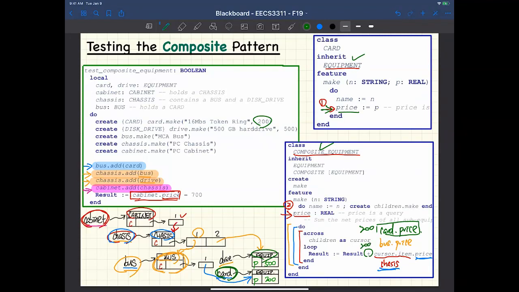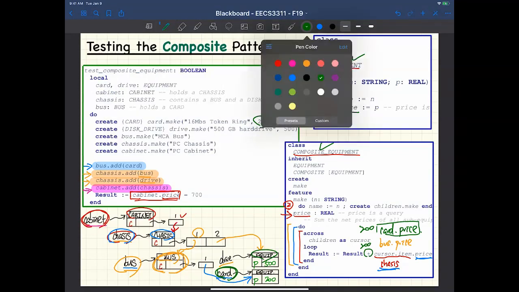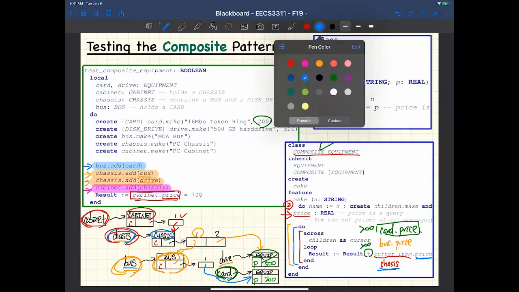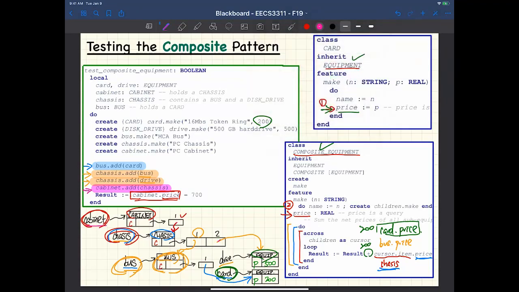And now we are done with this particular bus. For the bus, there's only one iteration to go. So now we're going to continue with that chassis's children, and then continue with that. If you go to the second iteration, it's now going to point to this particular drive. So what you will do is you're going to say